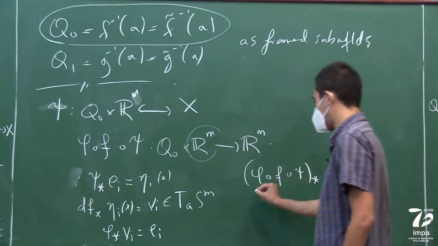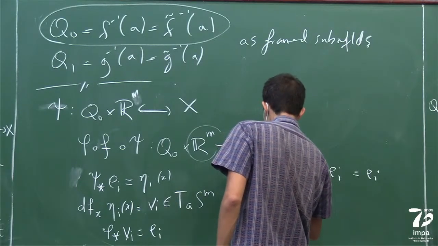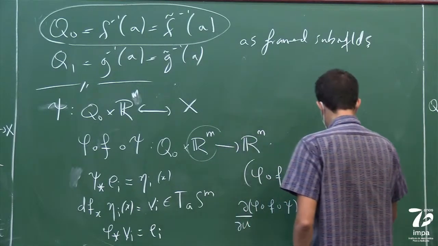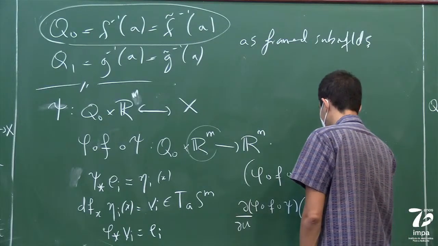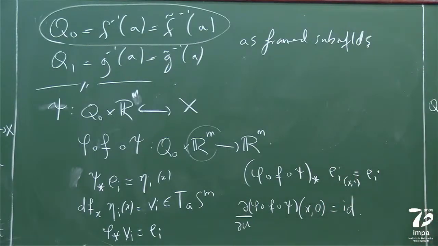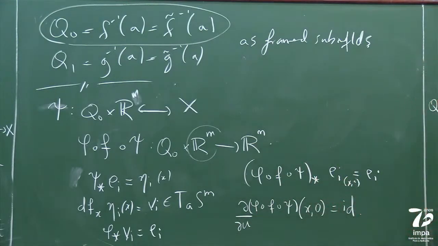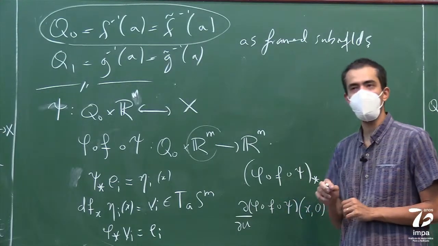In other words, if I look at the partial derivative with respect to u of this guy, at the point x0, this is going to be the identity. That's really what I wanted to assume. And this is true. All I needed was that the framing was the specified framing, and that's the same. We have the same framing for f and for f tilde. So this equation is true for f and for f tilde.